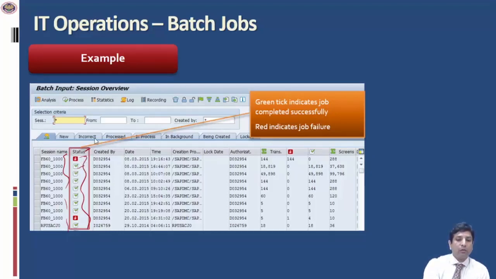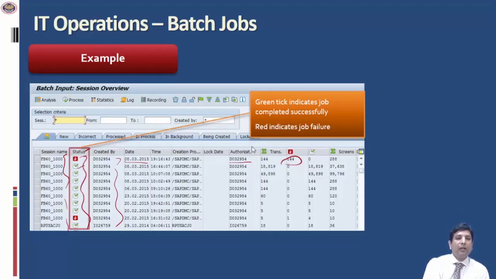You can also see that there is a code which is assigned, and it is possible that we can take a look at the error code and resolve the error. Here we can also see who has created the batch job. So when we look at samples of batch jobs being run in the ERP, we can make sure that the user ID is captured along with the batch jobs and confirm whether the user is an authorized user or not. We can also see the timing at which the job is run, and we can see the level of authorization of that specific user ID who has authorized the run of the job.